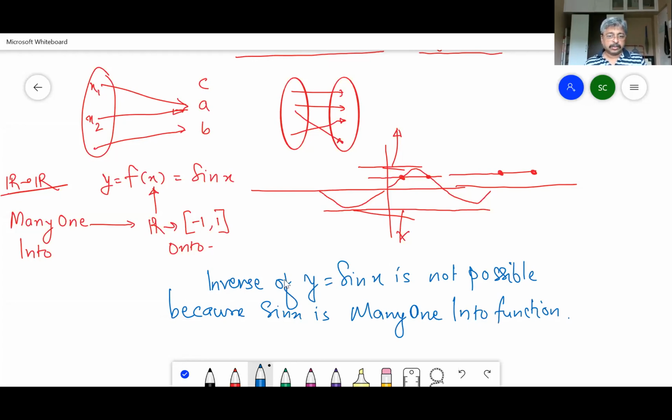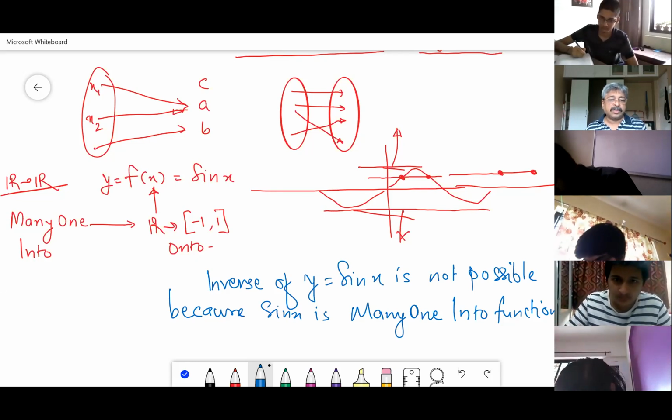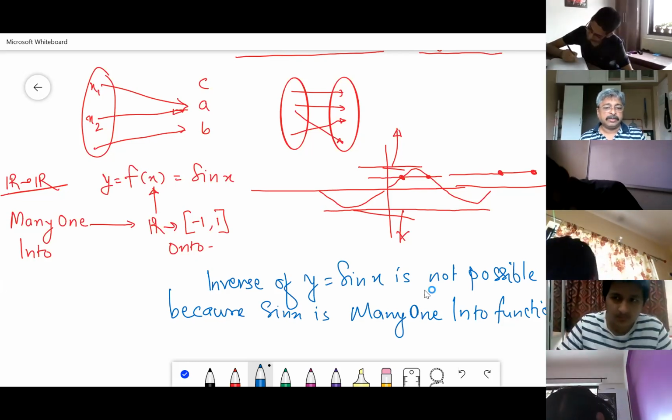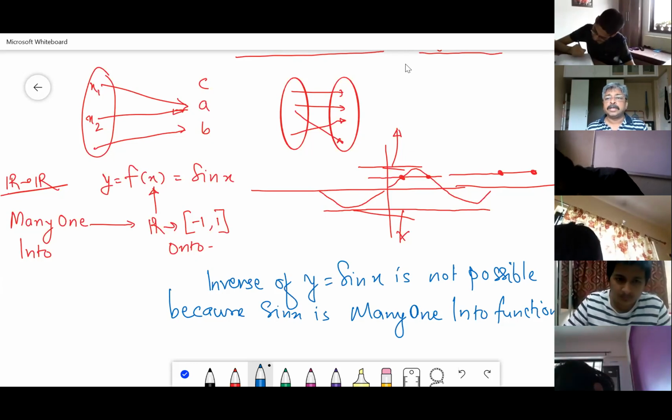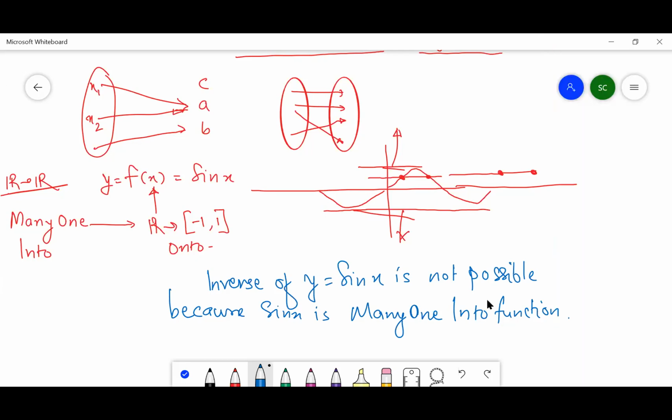So inverse is not possible, and therefore we are done with inverse trigonometric function. Almost all the trigonometric functions are like that. None of them is 1-1 onto, and therefore it is going to be difficult for us to create inverse functions of them. By the theory of functions that we have learned, inverse is only possible if the function is 1-1 onto, and otherwise not possible. Therefore, inverse functions of trigonometric ratios is not possible. That is the end of the story.